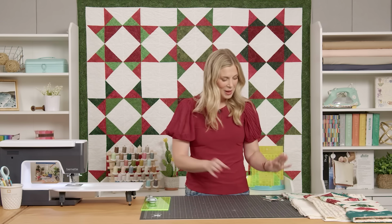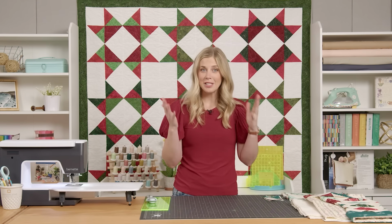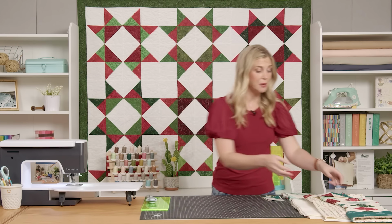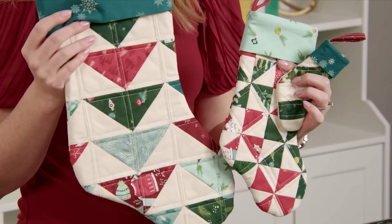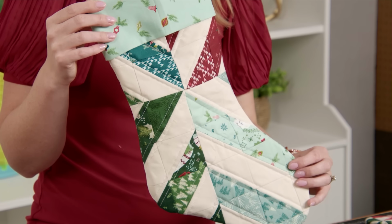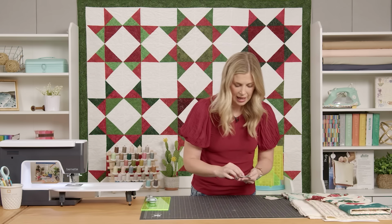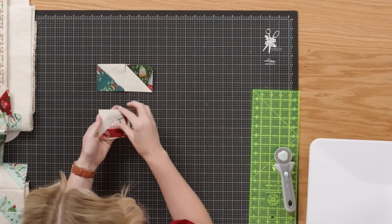All right, so once you have all of your half square triangles squared to 3 and pressed open, now we can work on our layout. There are all kinds of layout inspirations in the pattern itself for different layout ideas. So like this one you see here has these fun flying geese. We've got just kind of a broken dishes pattern, and this one that I'm going to make today is kind of a herringbone pattern. So let's start by laying out our half square triangles 4 across,